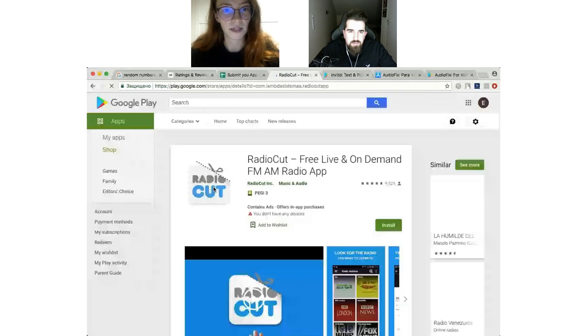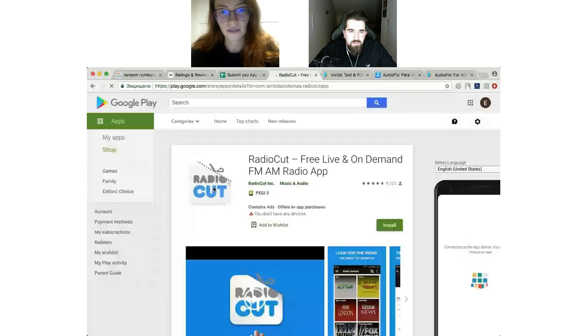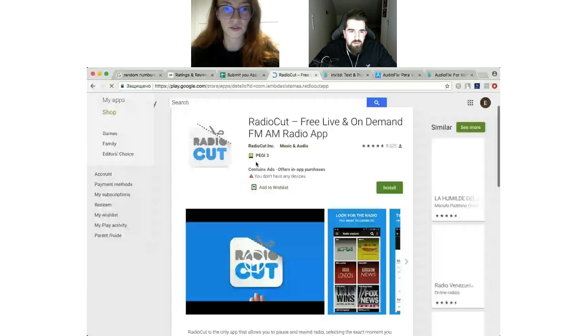The icon is kind of unique, actually. It's a very interesting idea to use the scissors as part of a cutting icon.